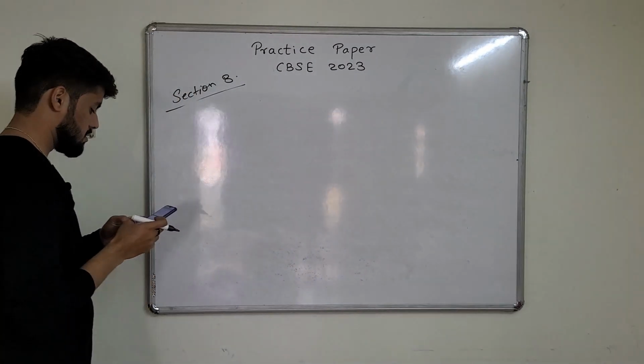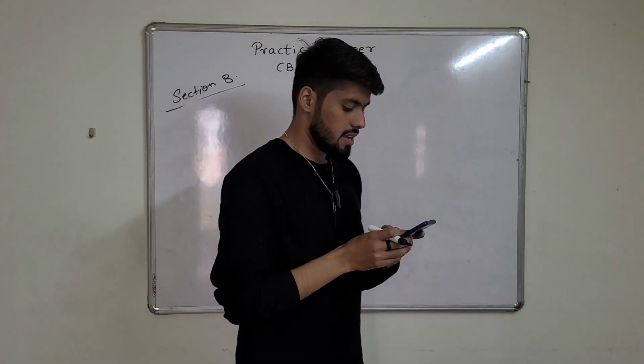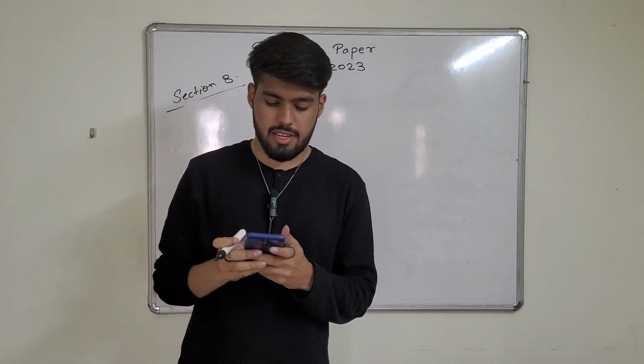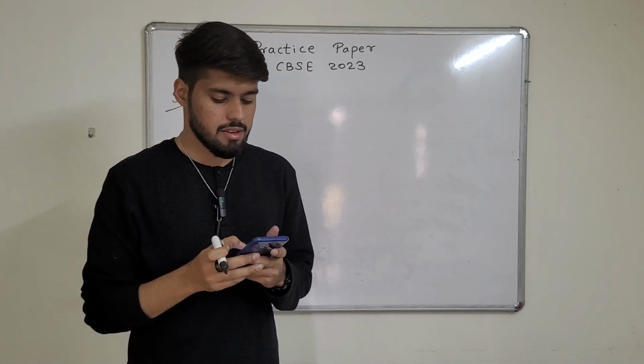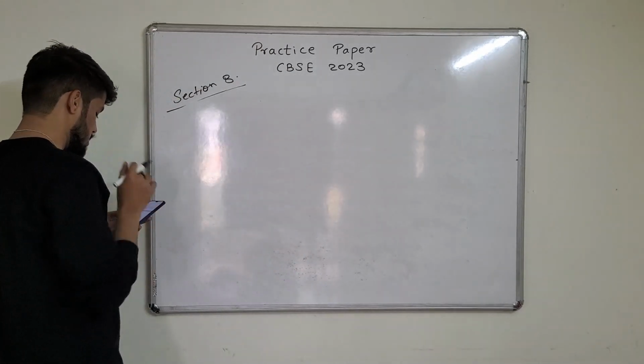The next question is question number 25. In the figure, altitudes AD and CE of triangle ABC intersect each other at the point P. We need to show that